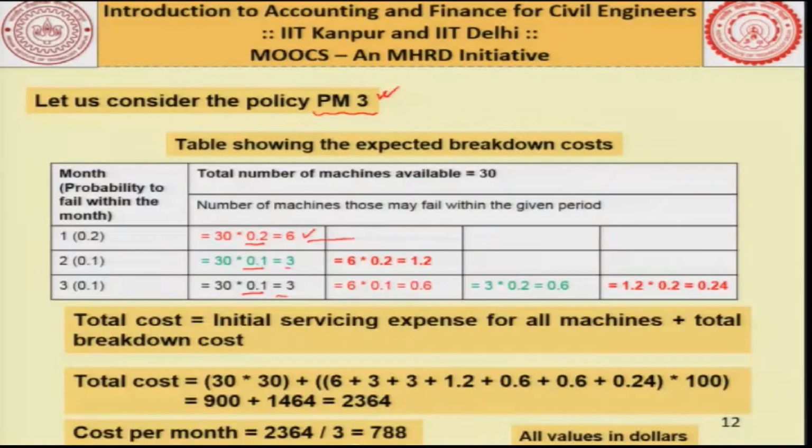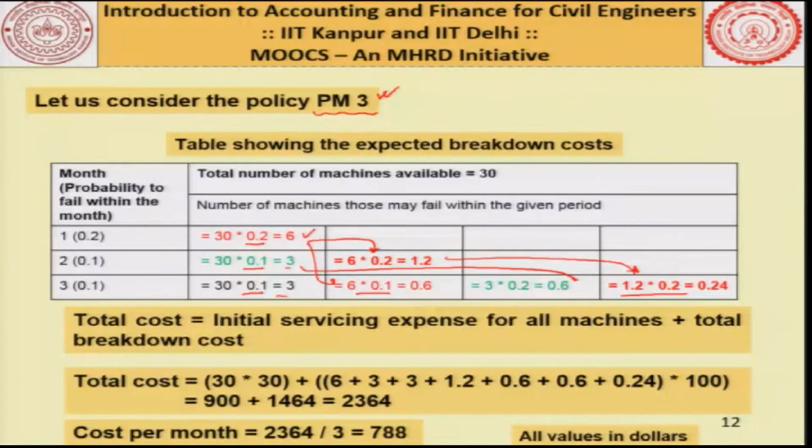Now, out of this 6, again 20%. Out of this 6, again 10% at the end of 2 months. Then when it comes to this 3, here you have 3 into 0.2 from the previous table, and finally here is 1.2. Here also 20% may go under breakdown, so 0.24. So, if you add all this 6 plus 3 plus 3, which is 12, plus 1.2, 13.2, 13.9,